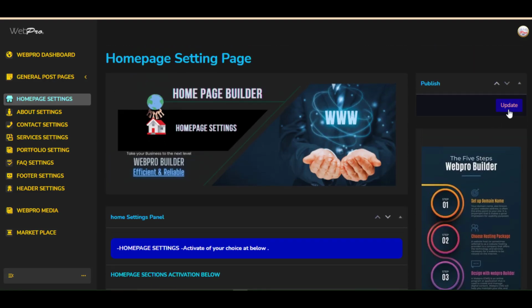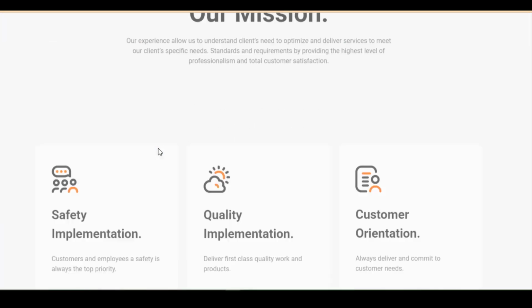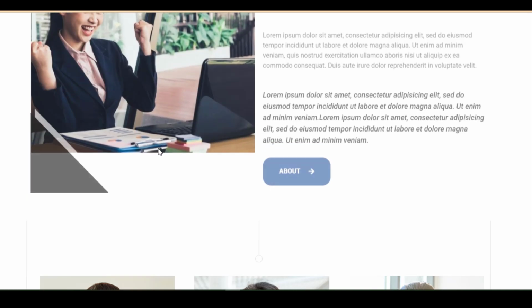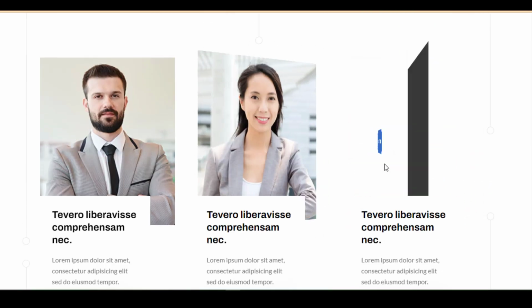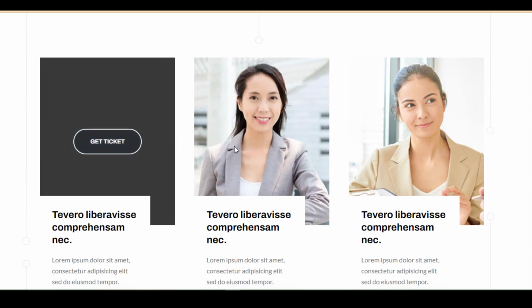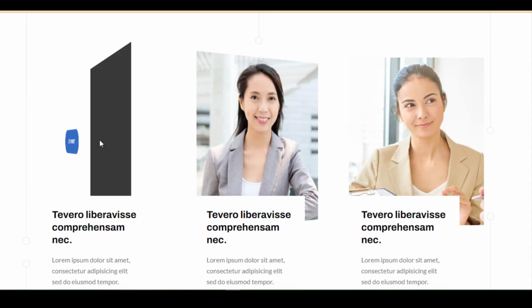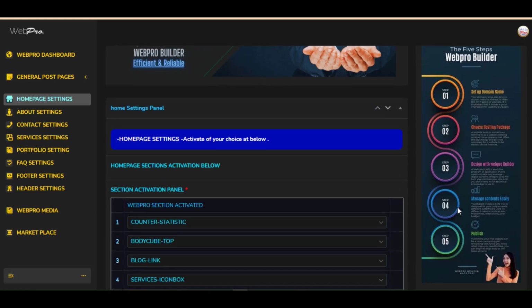Let's publish it and move to the front end to preview the newly added program section. As you can see now, the newly added program section has been published successfully on the front page bottom of the site as required. Let's move to the backend to change the position of the program section, where you can